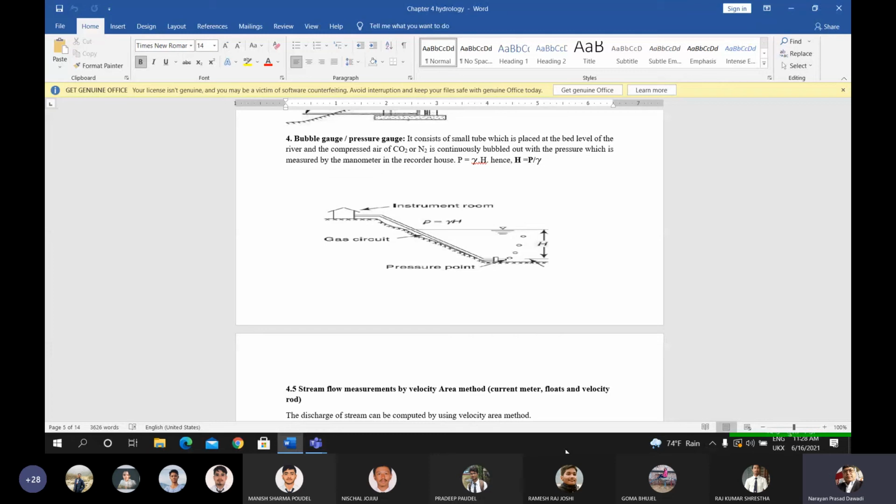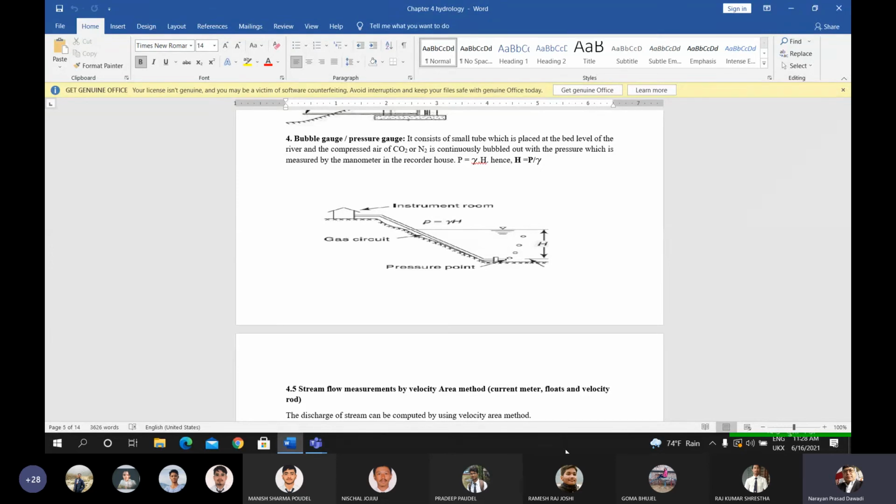Okay, this is the bubble gauge or pressure gauge. It consists of a small tube which is placed at the bed level of the river, and compressed air of carbon dioxide and nitrogen is continuously bubbled out with the pressure, which is measured by the manometer in the record house, and the calculation of the pressure is given by